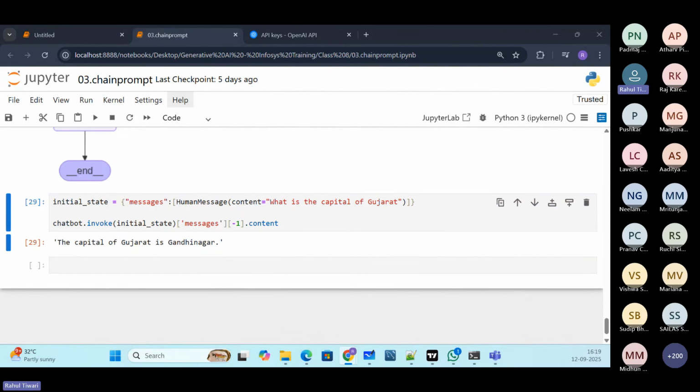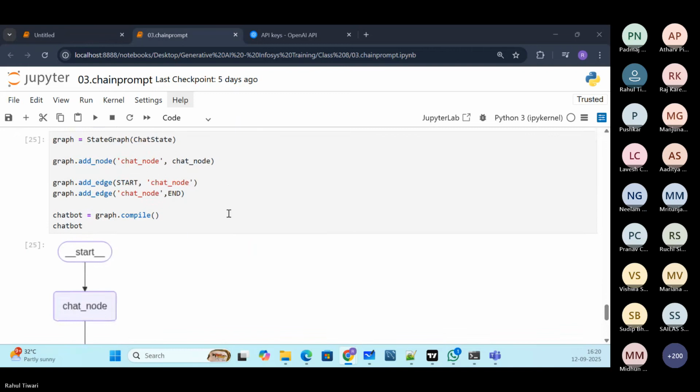Now, the next thing we can add is persistence. Persistence is basically where I want my chat memory to be stored, either in RAM memory or in a database as well. All of those are a bit of an advanced concept, but the idea is that in the first session, I